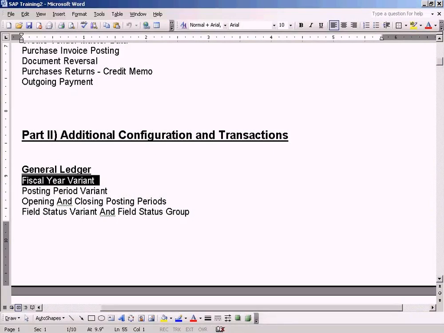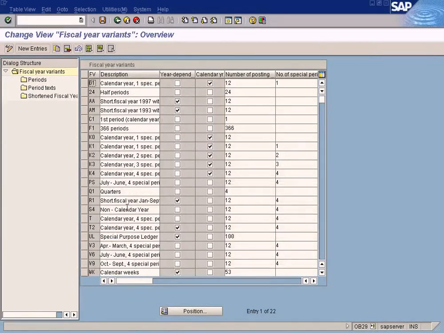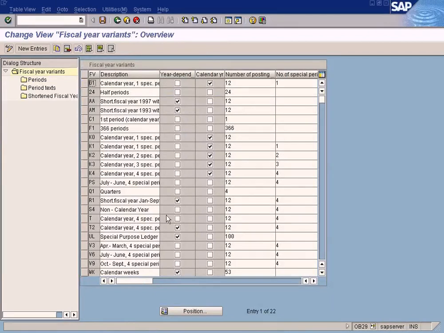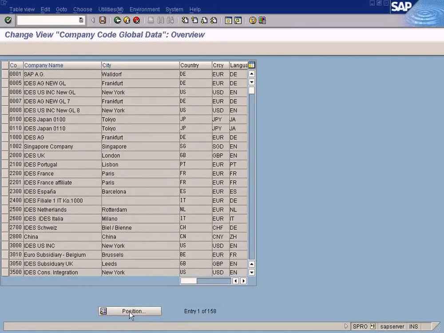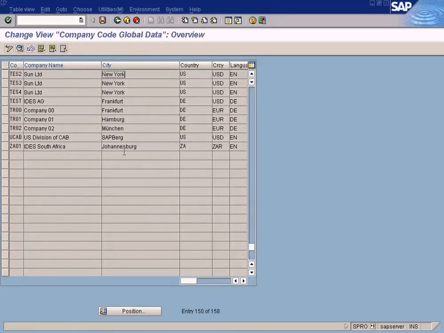Fiscal year variant. So once again to recap, you just determine whether your fiscal year variant is calendar dependent, that is, it matches the calendar months. If not, remove the tick mark and go there again. Just make sure whether your company's financial year is actually matching the calendar month and date. If yes, just put the tick mark. If not, remove the tick mark and then specify the periods in this table, and the year shift using this flag, and save it, and then assign it to the company codes, global parameters. Here you choose your company